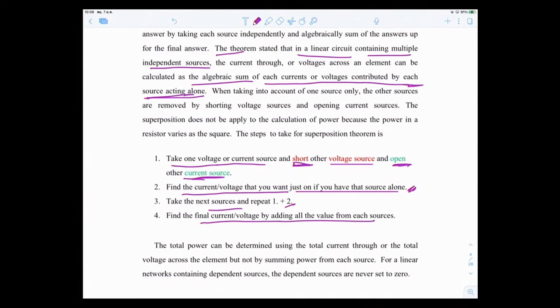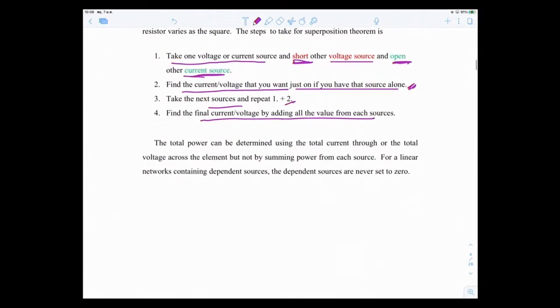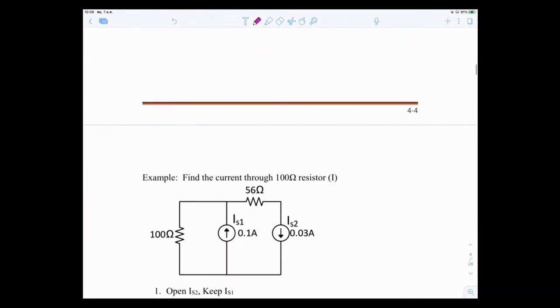So, a simple example here. Let's say that I have this problem. It contains both voltage sources and current sources, and you want to find the current through the 100 ohm resistor. So I want to find this current, let's call it IL. Of course you can use mesh or nodal analysis, whatever you feel comfortable with, but there's another way of doing it also, and this is with the superposition theorem. So I'm going to take one source at a time.